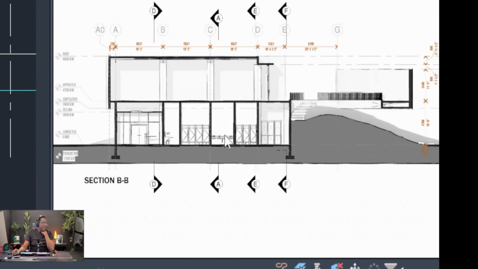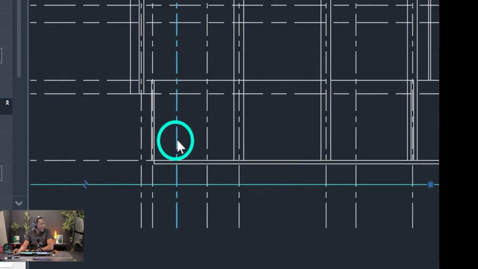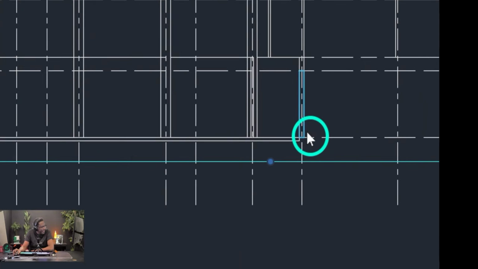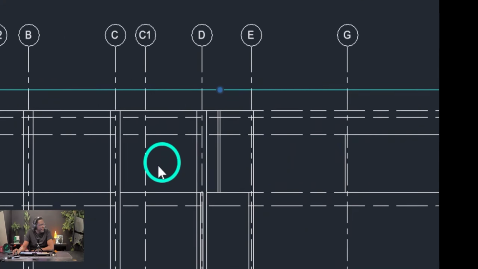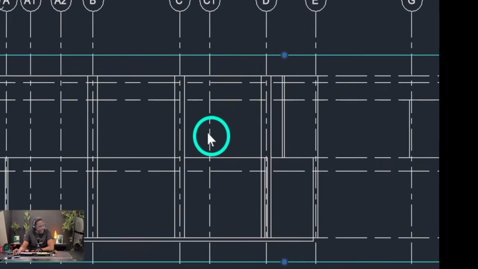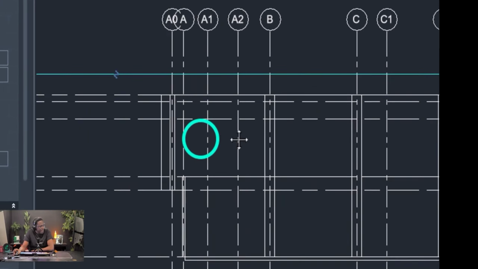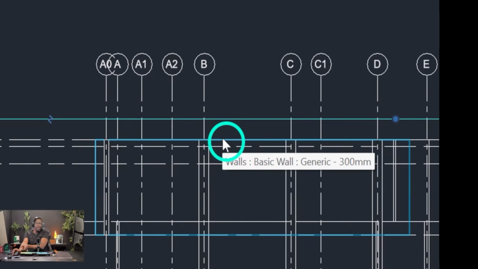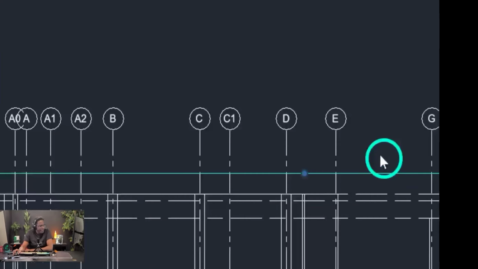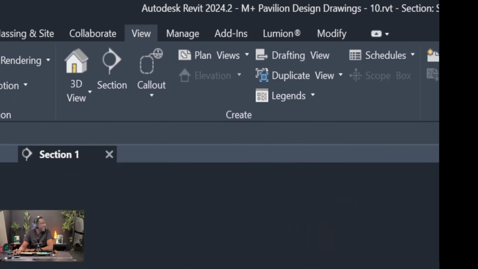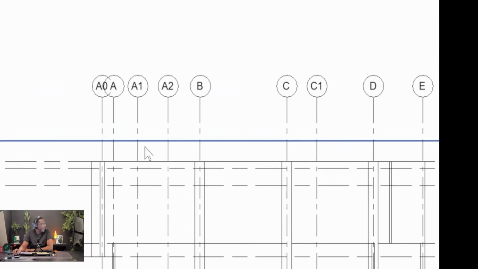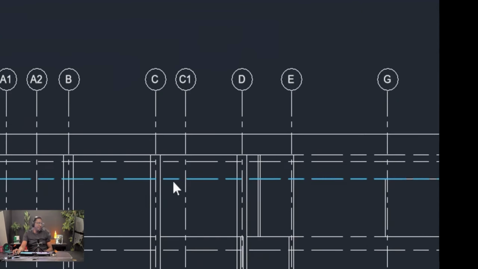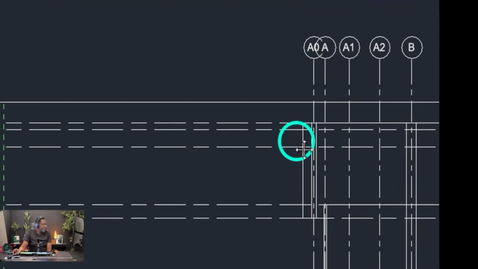All right, so this is the section that we're currently looking at here. So we can see where we added in these walls, that's here. Now the line work will be a bit bright, so it's going to be hard to designate what is building cut versus what is grid line. And we'll notice that's the same even if we change it to white mode. It's going to be the same thing. So what we can actually do now is we can set up